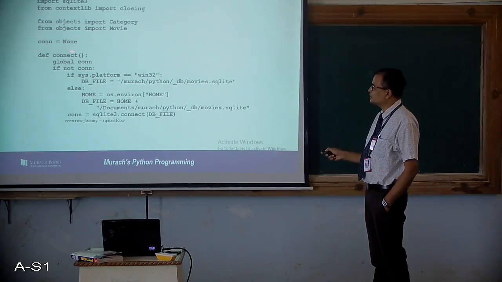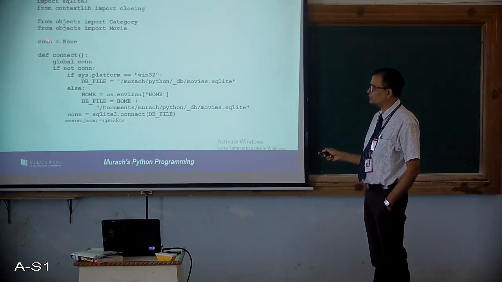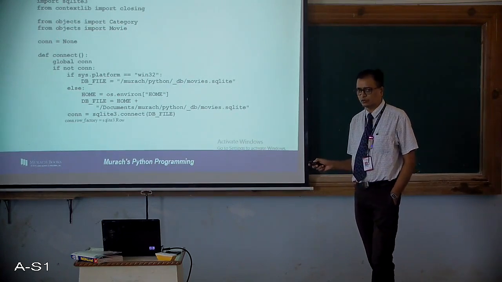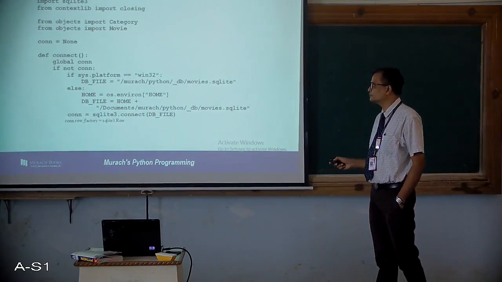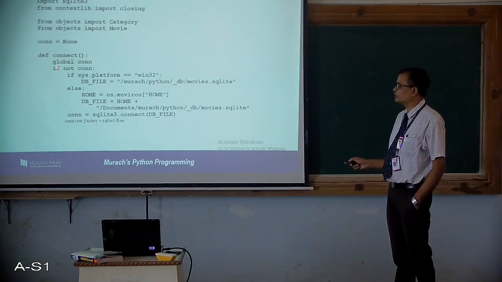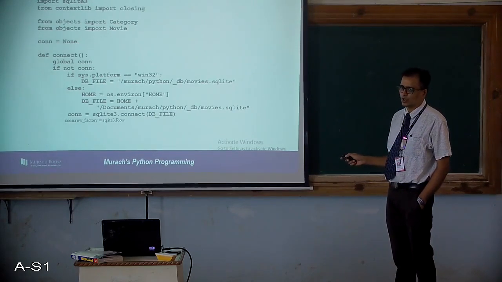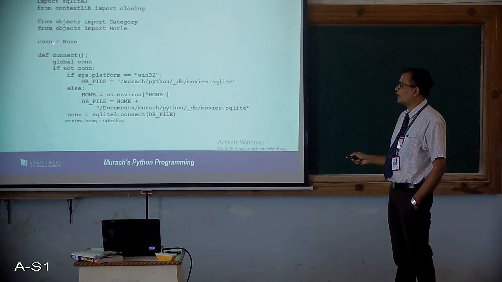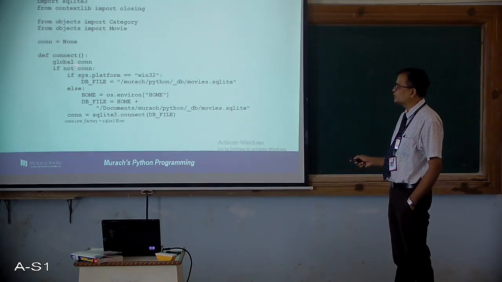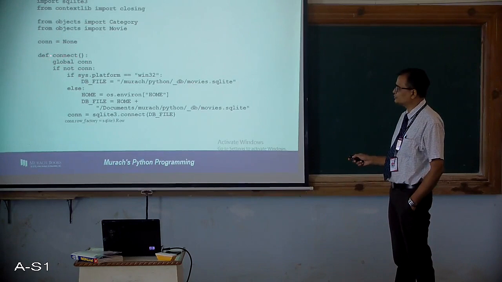So now you can see connection. What type of variable is connection now? Is it a local variable or a global variable? It is a global variable because it is written outside of all the functions. Why this is declared as a global variable is because this will be referred to in all the functions and we don't want to duplicate the connection every time. So now this is the connect function.